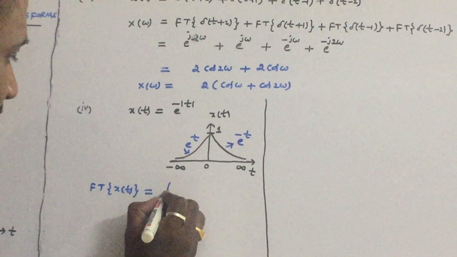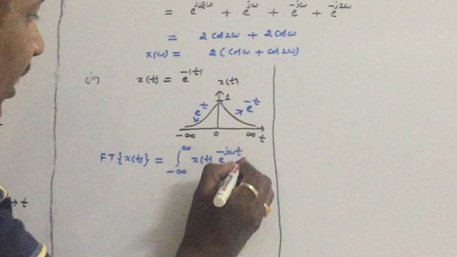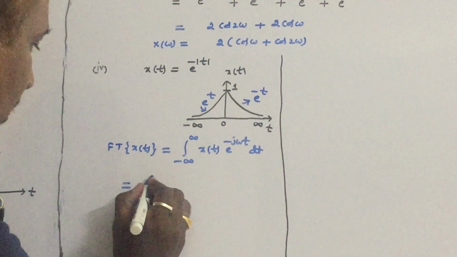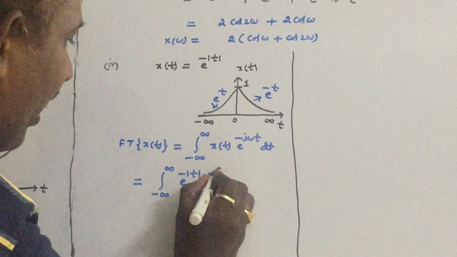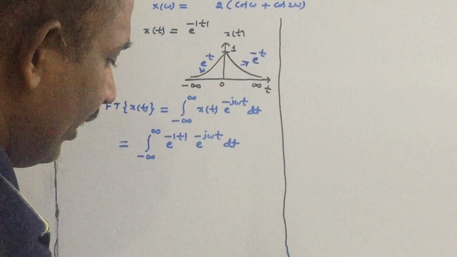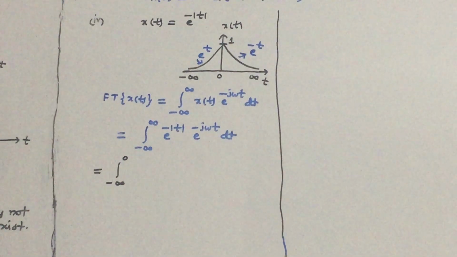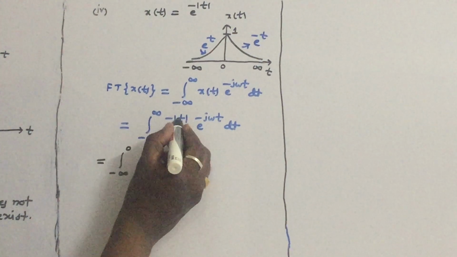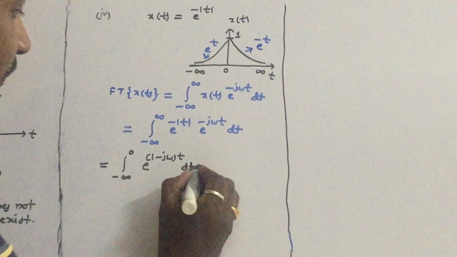So what is the definition of the Fourier transform? Integral from minus infinity to infinity of x of t into e power minus j omega t dt. So what is x of t? Let us substitute: integral from minus infinity to infinity of e power minus mod t into e power minus j omega t dt. Let us separate these integrals and simplify, and the answer will come. So integral from minus infinity to 0. In this interval, mod t is minus t, so it will become e power t. If you take t as common, it will become e power of 1 minus j omega t dt, plus